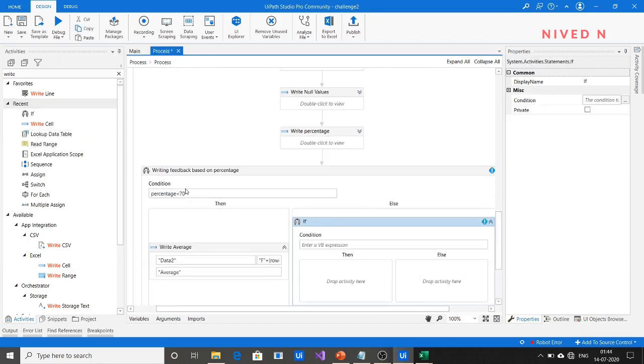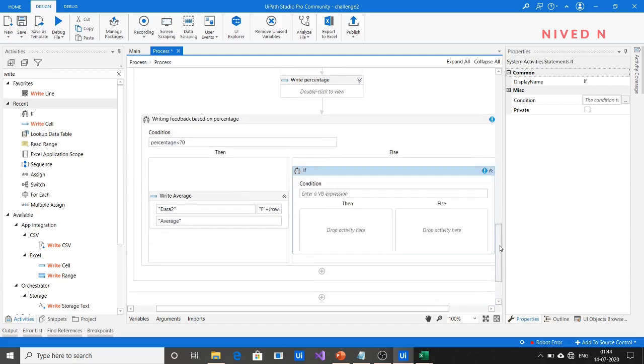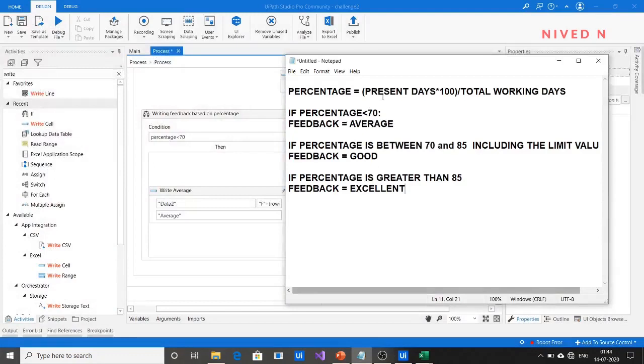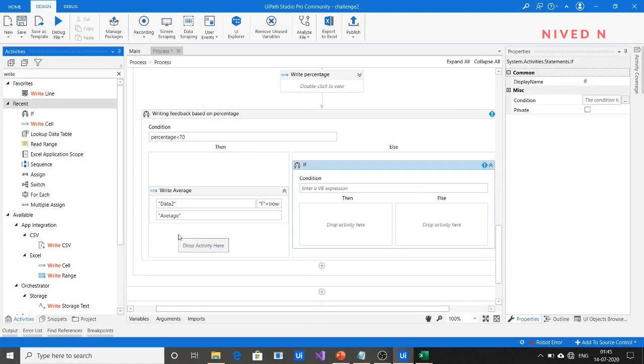When percentage is greater than 70, we can have two conditions: if percentage is greater than 85, or if percentage is between 70 and 85. You can specify that.